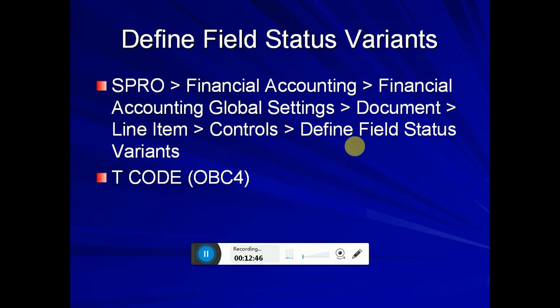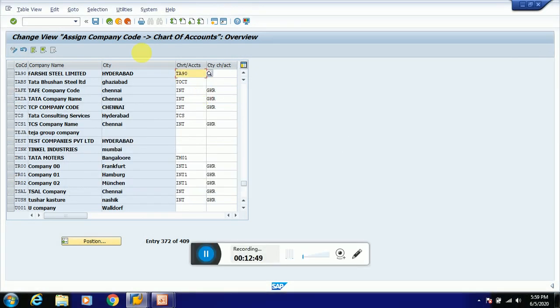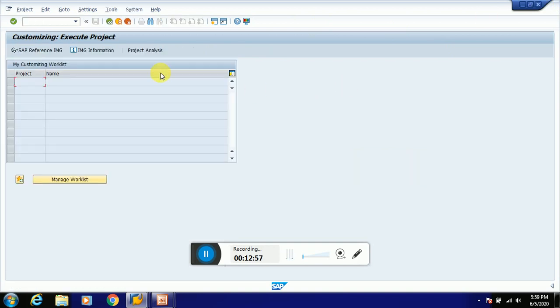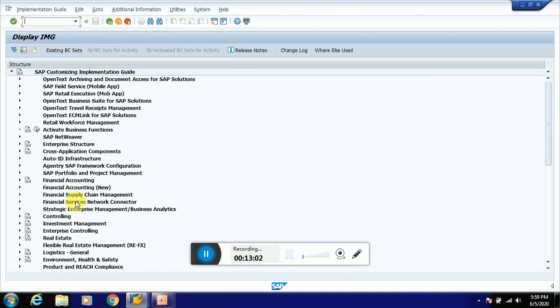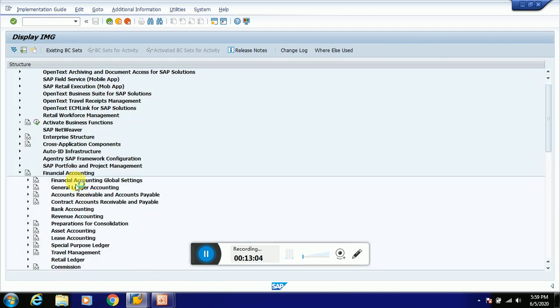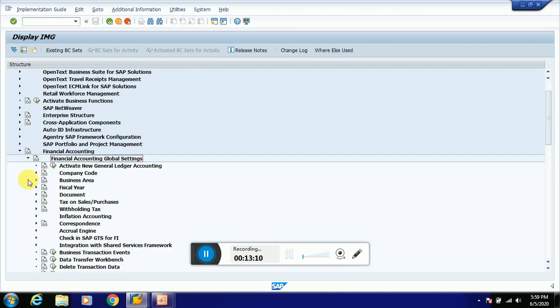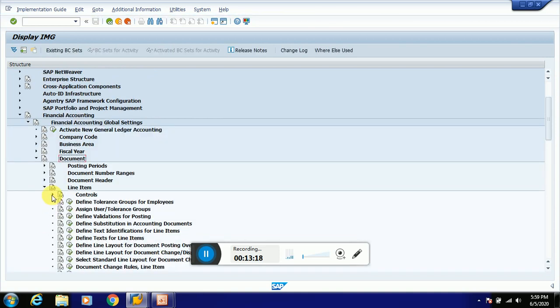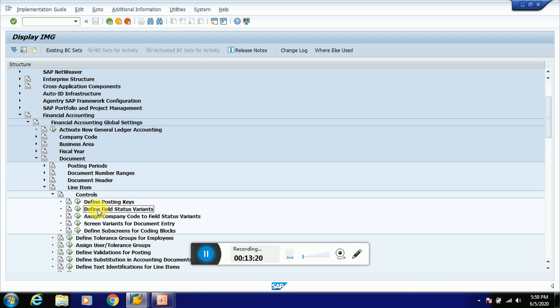Now moving to SAP, go back, SPRO, SAP reference IMG, financial accounting, global settings, document, line item, control, define field status variant. Click on execute.